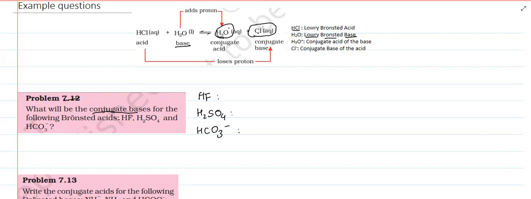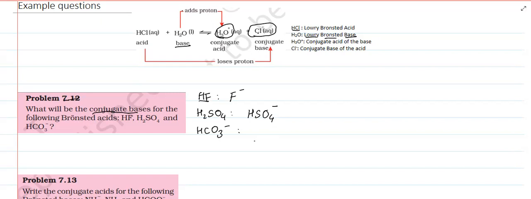the acid. So here, in case of HF, that is the first one, the HF should have lost the proton for it to get to the conjugate base. So the conjugate base for HF is going to be F minus. And when a proton gets out, it will leave behind the negative charge. H₂SO₄ loses a proton to give us